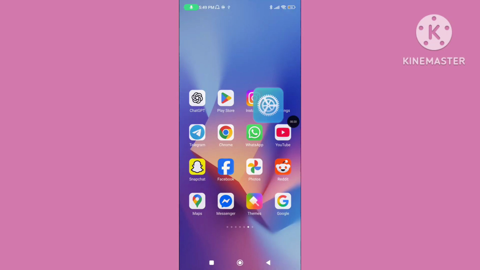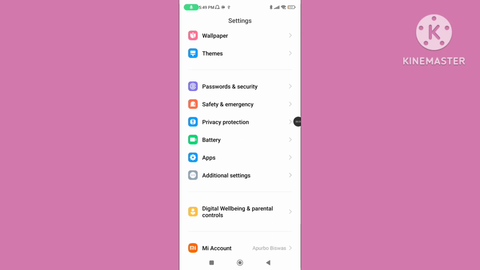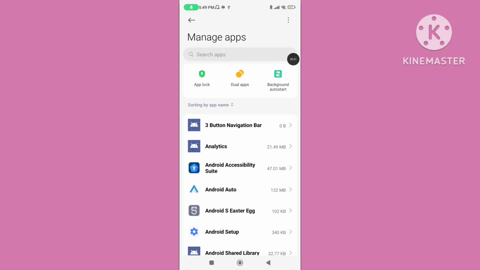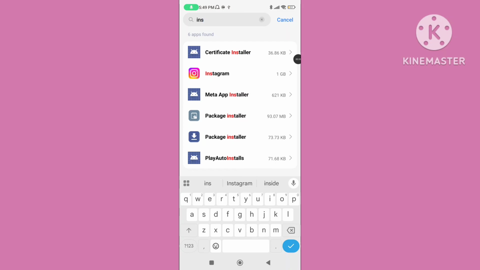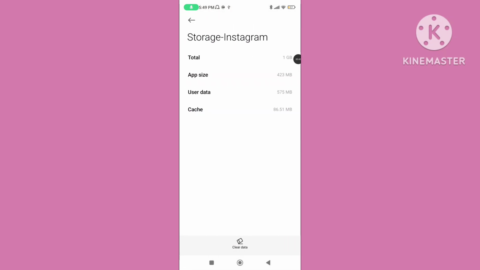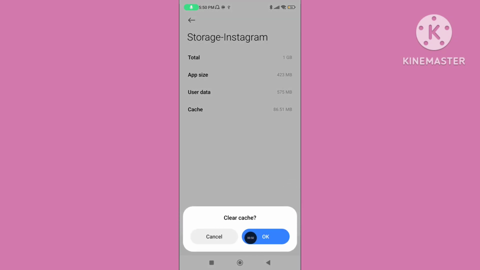Step 1. Open your phone settings, scroll down, click on apps, go to manage apps, search Instagram app, tap on the Instagram application, again click on storage, tap on clear data, again tap on clear cache data on Instagram